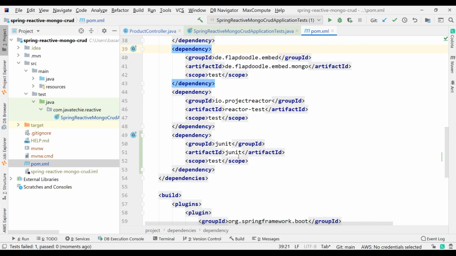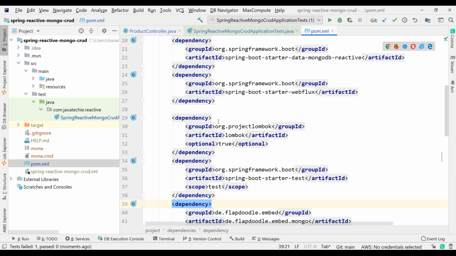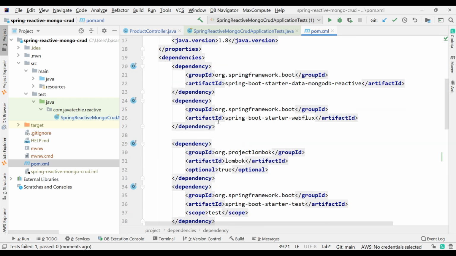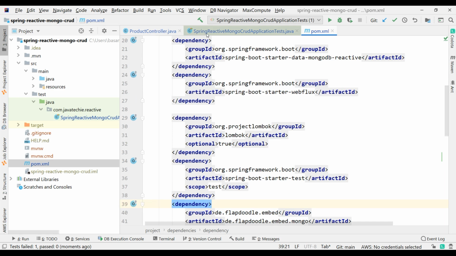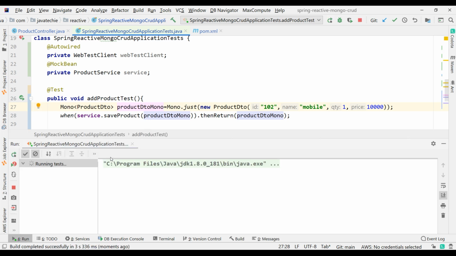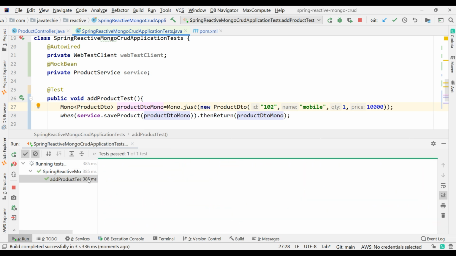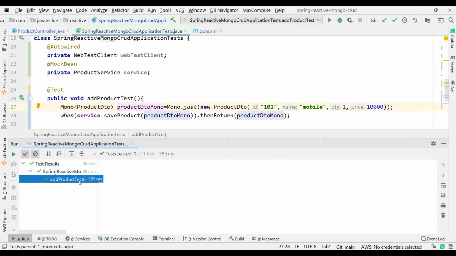That is the JUnit test it added. I can't show you in this WebFlux project, but usually it adds JUnit 5. Okay, fine. So now if I run this, I should get the succeed result. Yeah, so you can see here, test passed.